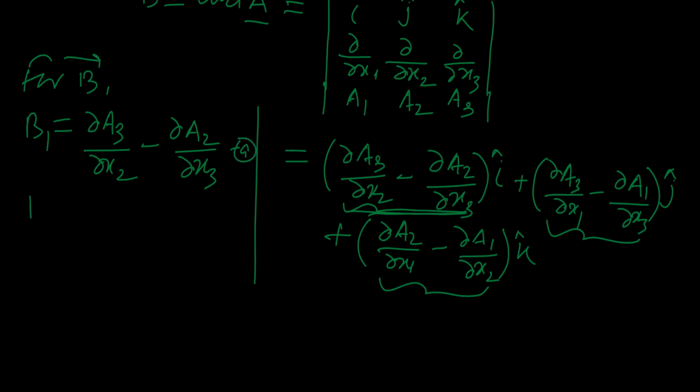Again b2, which is in fact by, this is b2 you may say. So this is equal to what? This is in fact del A3 by del x1 minus del A1